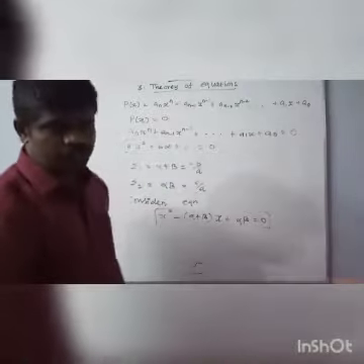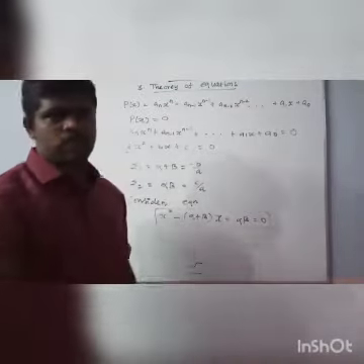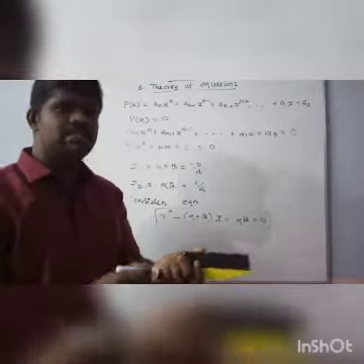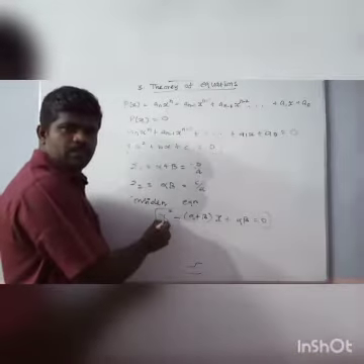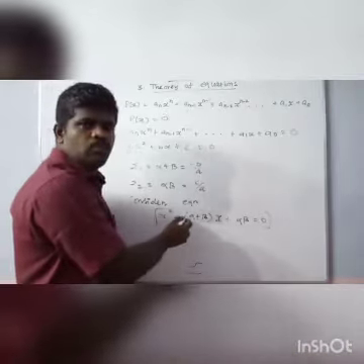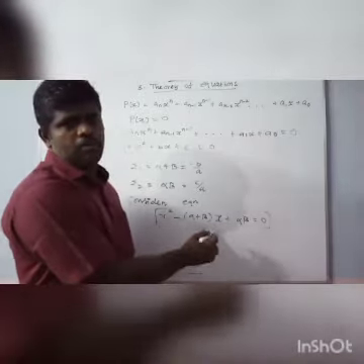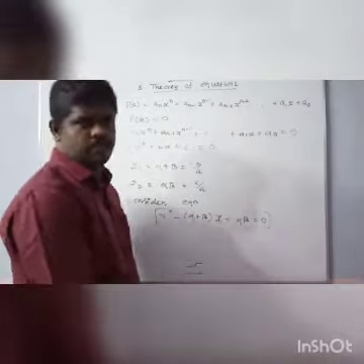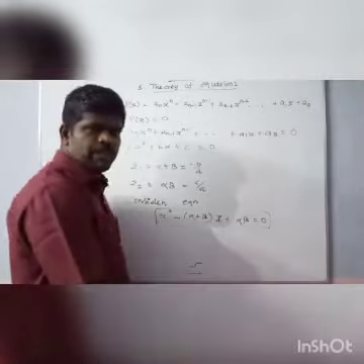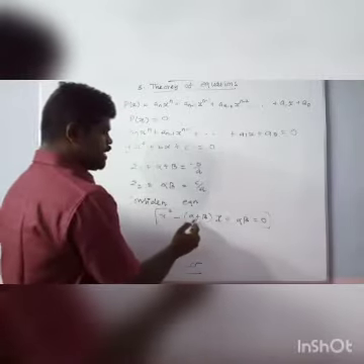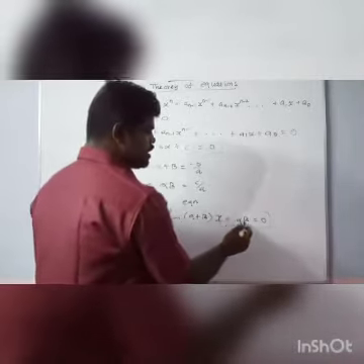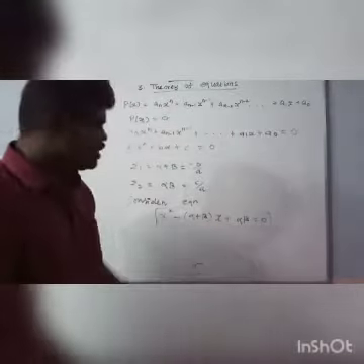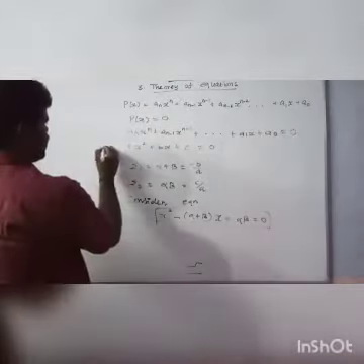Suppose we have two roots. How to form the equation, sir? This type is used to form the equation by using the two roots. One root is alpha and another root is beta. This is x square minus alpha plus beta x plus alpha beta equal to 0. This is the quadratic equation.